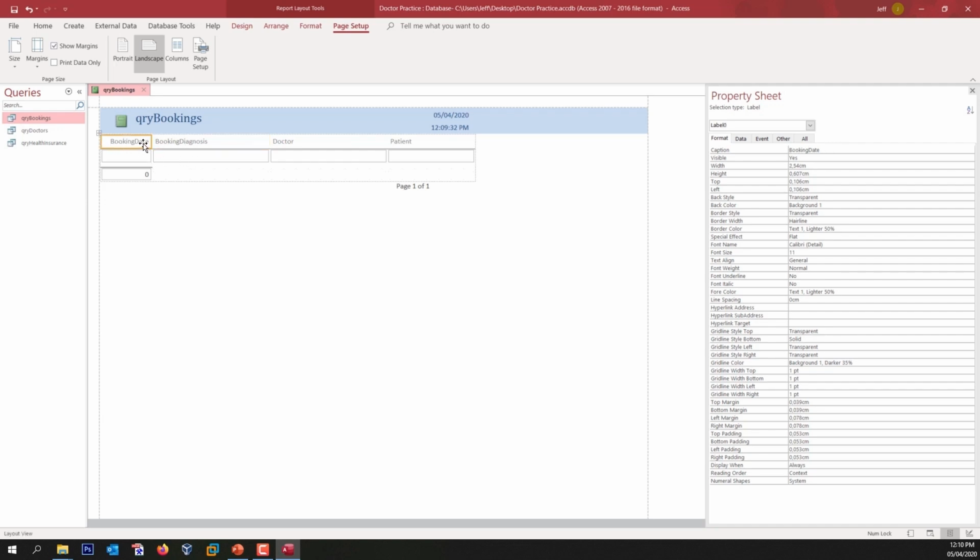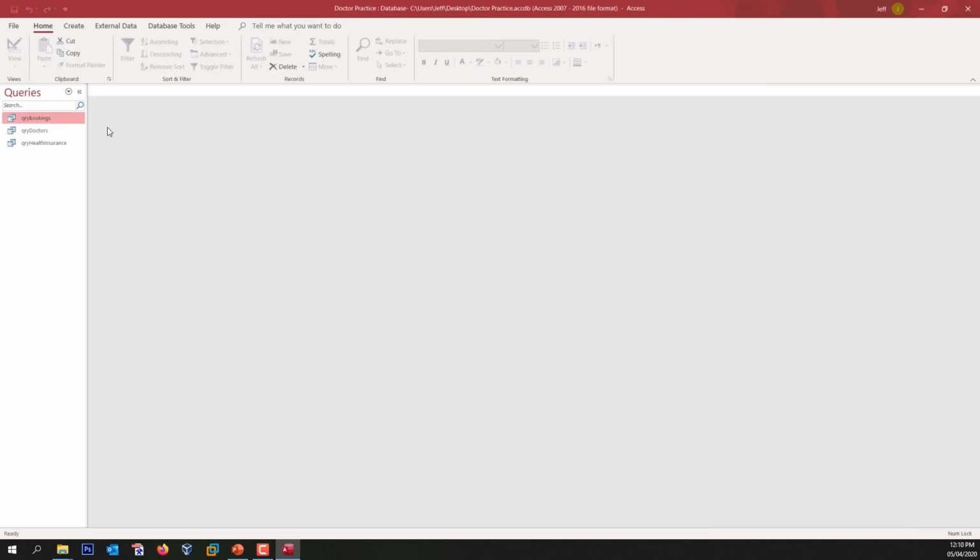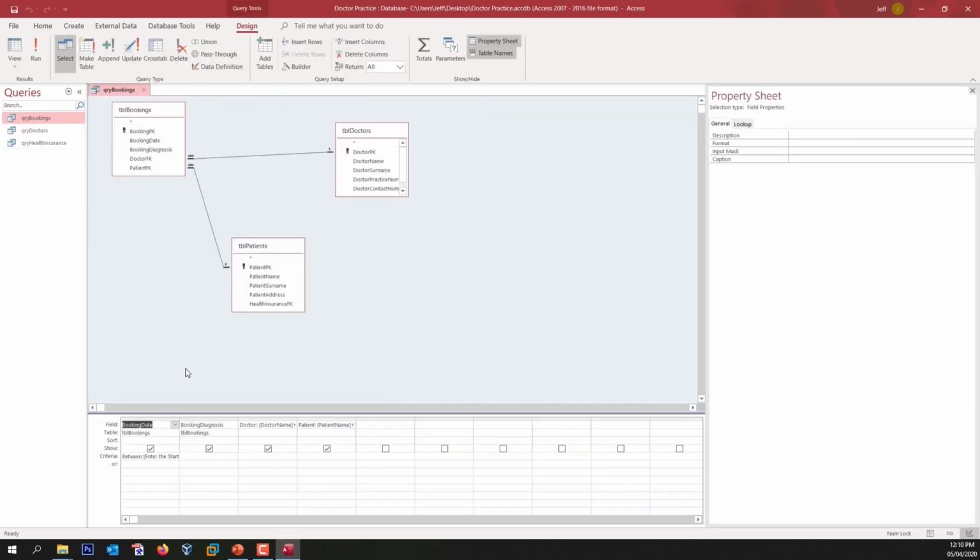The same with booking date. So what do we do? Let me close it and say no. So right click on query bookings, design view, and let me just fix it here quickly. So we say diagnosis and the two dots. The same here, we're going to say date and the two dots. Let's save it